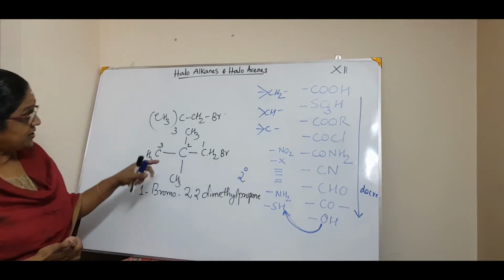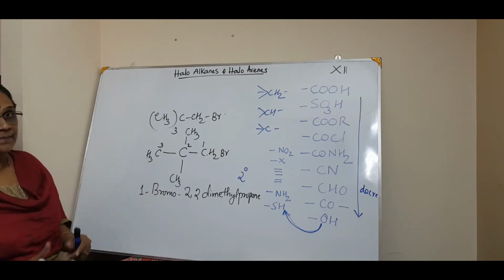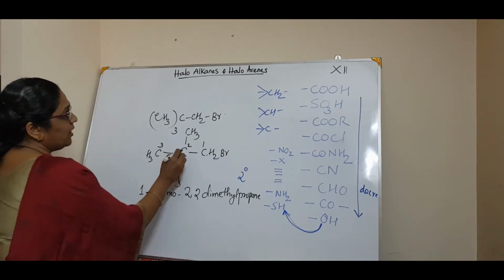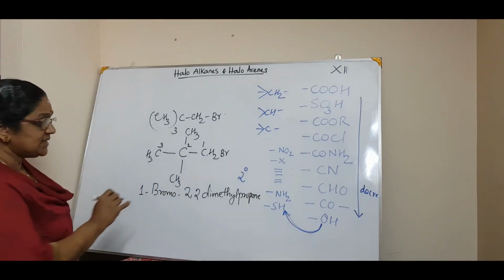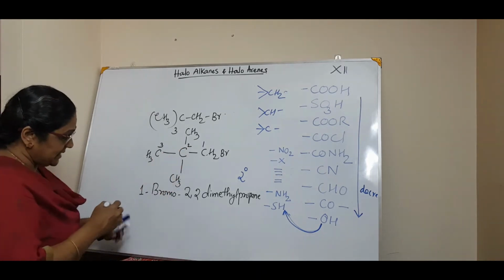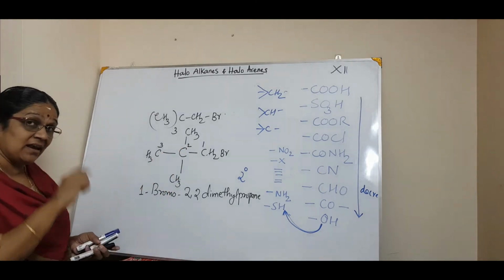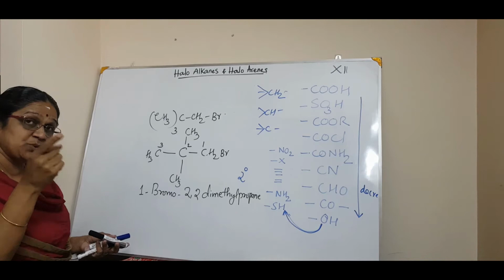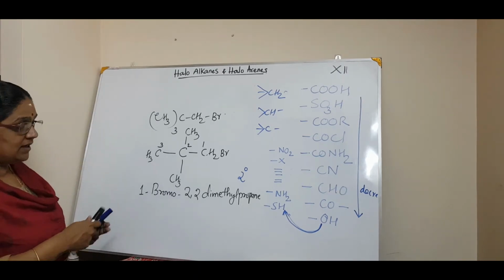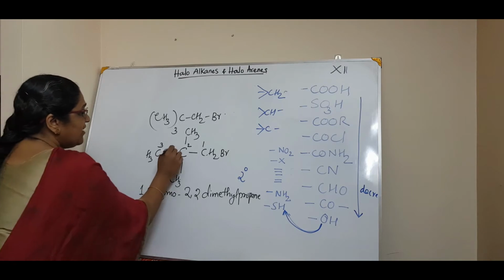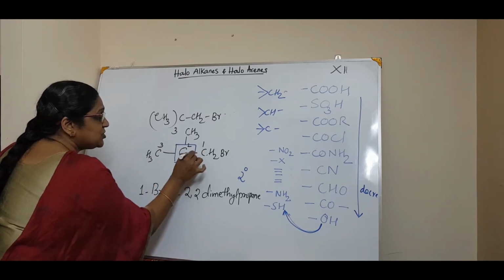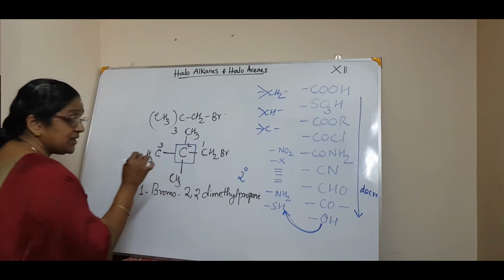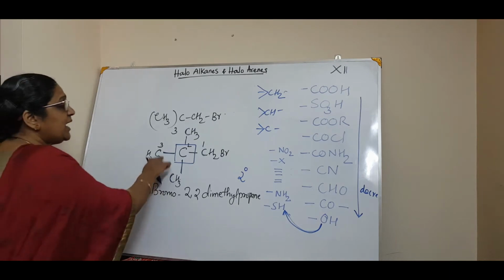Okay. Now the confusion is, how will you write the common name? In the textbook it is given as neo. Now what is neo? Neo means this carbon atom. See, why did you put secondary in the last one? Because the halogen atom is attached to a secondary carbon atom. But here neo means when a carbon atom is attached to 4 other carbon atoms by single bonds, saturated, you will call that a neo.